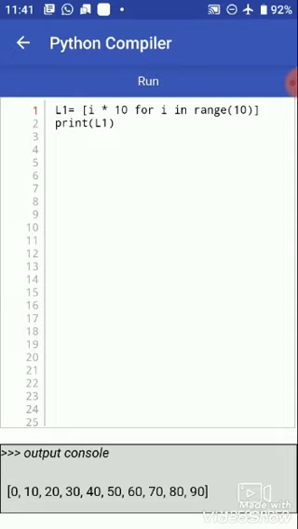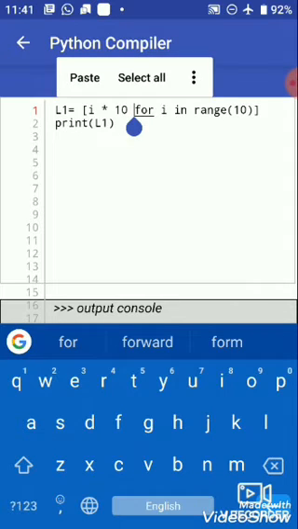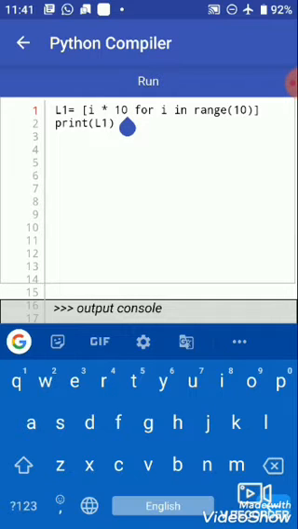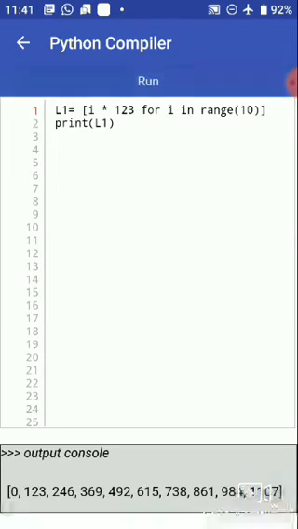In this list, let's multiply with 123 and run, so that we get a list that has different numbers.